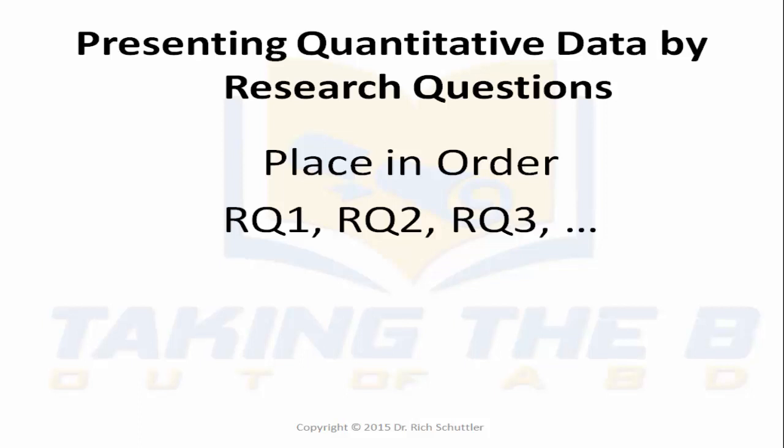I have had students who have had 1 research question in a quantitative study. Most tend to be somewhere between 2 and 4 research questions, but I've also had students with 11 research questions in a quantitative study. It just depends on what study you're doing and how many research questions you had to have. But regardless how many you have, I encourage you to put them in order of research question number 1, 2, 3, as they should be basically relating to the independent variables that you have in your study.